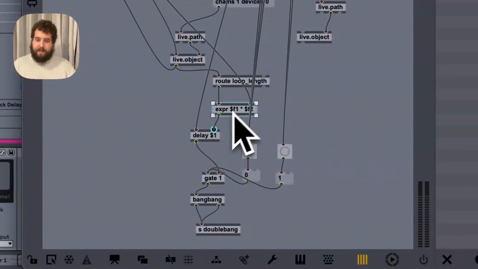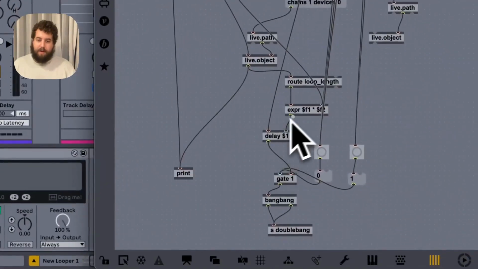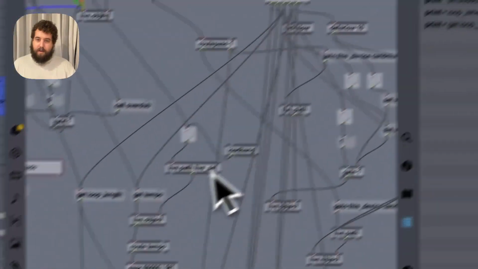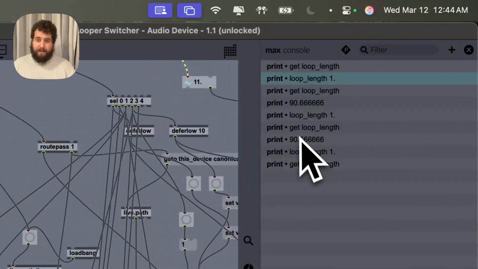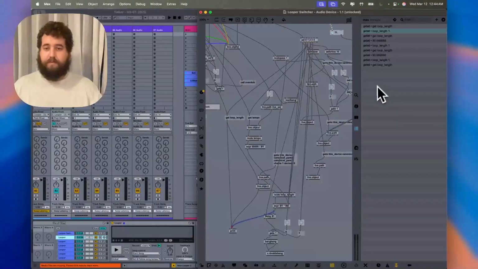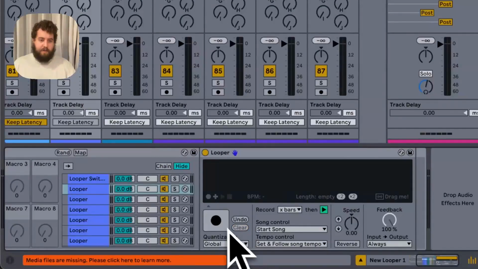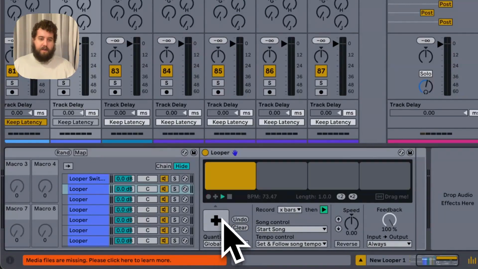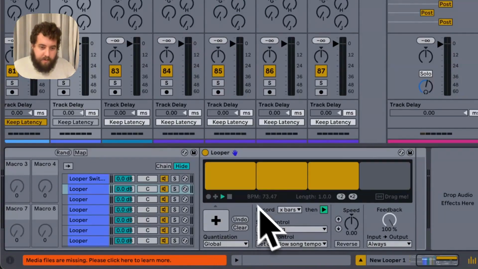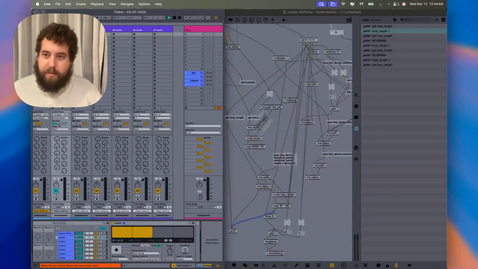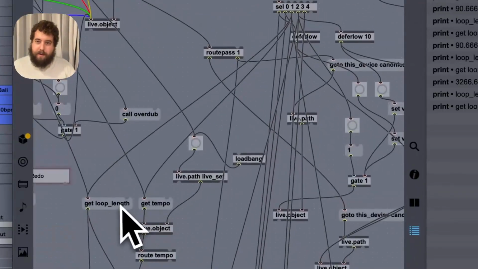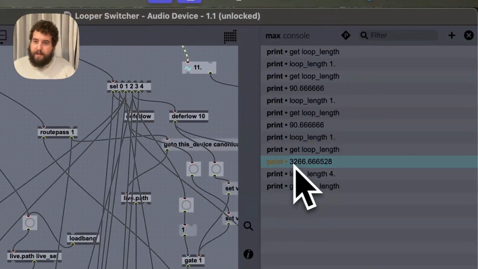We're multiplying things together so that we get the exact number of milliseconds that represents the length of time of the loop. So let me just manually do this here, right? You can see we got 4 quarter notes at 73 BPM, and then if I press these, we can see that we have